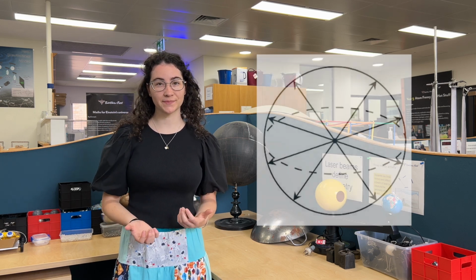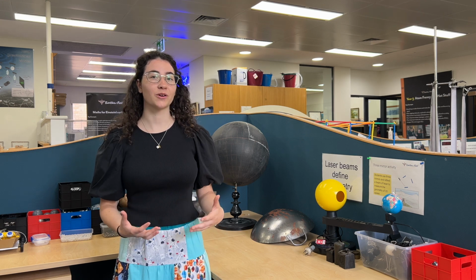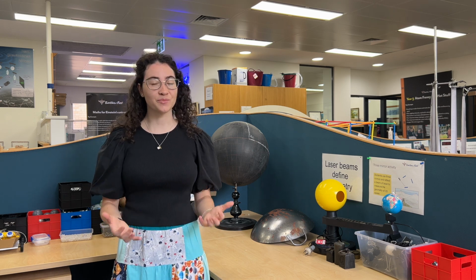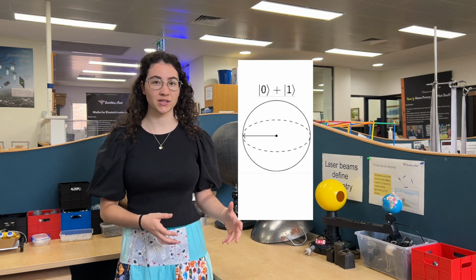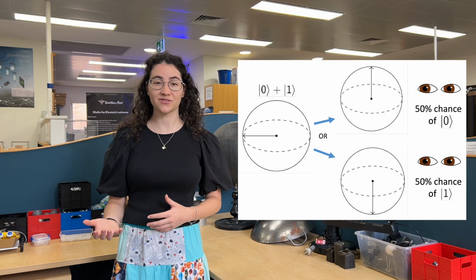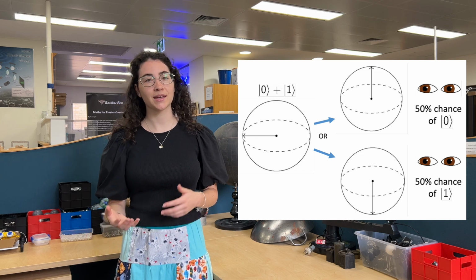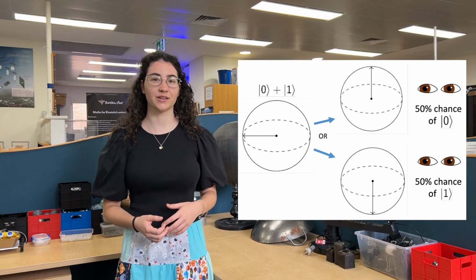quantum superposition. Now, one thing that all superpositions have in common is that when we look at or measure a qubit in a quantum superposition, we won't actually see the superposition. Instead, we'll randomly find the qubit in either the 0 state or the 1 state, and it's impossible for us to predict which one. For example, if the qubit is in an equal superposition, then there'll be a 50% chance of seeing the qubit in the 0 state, and a 50% chance of seeing it in the 1 state when